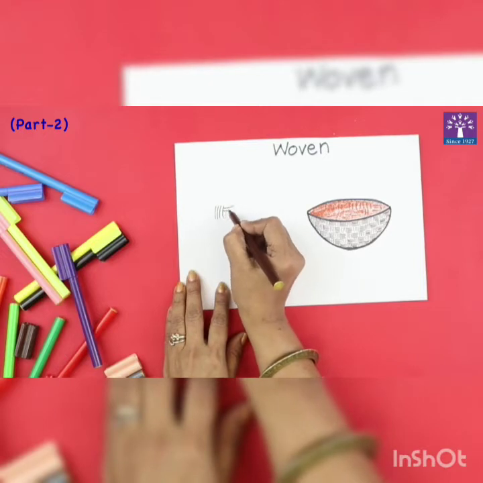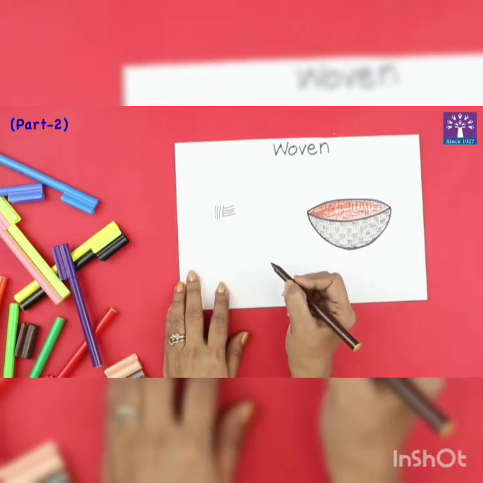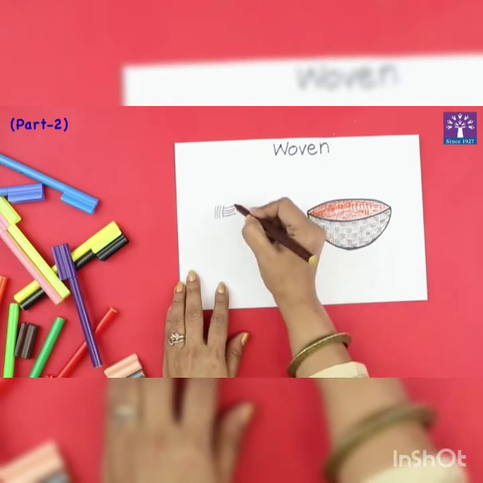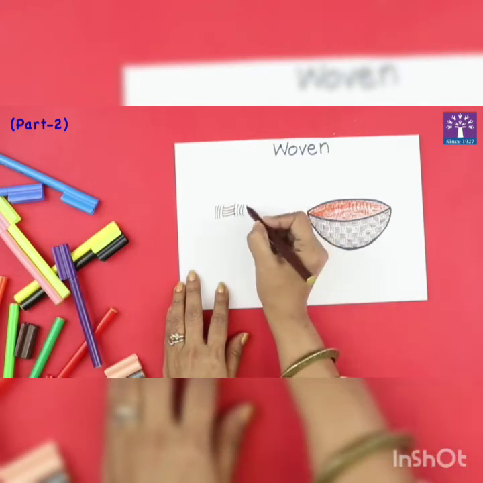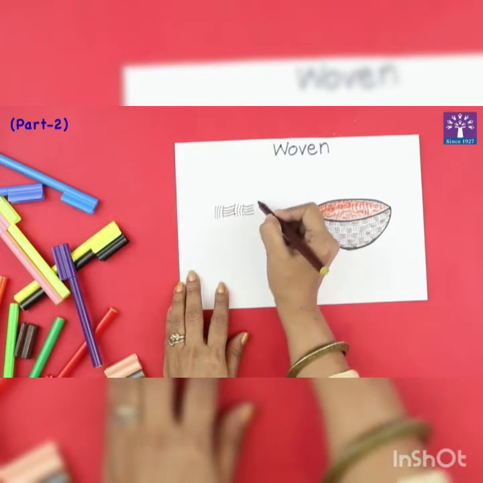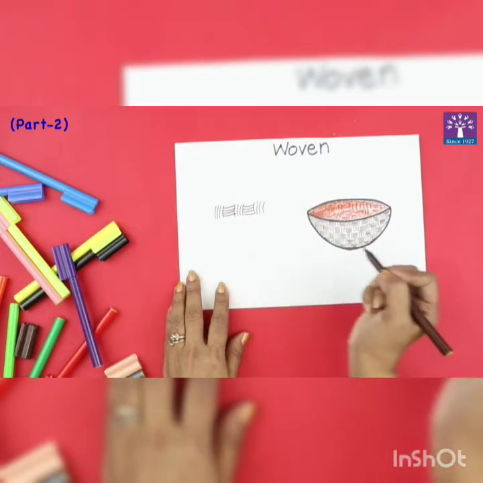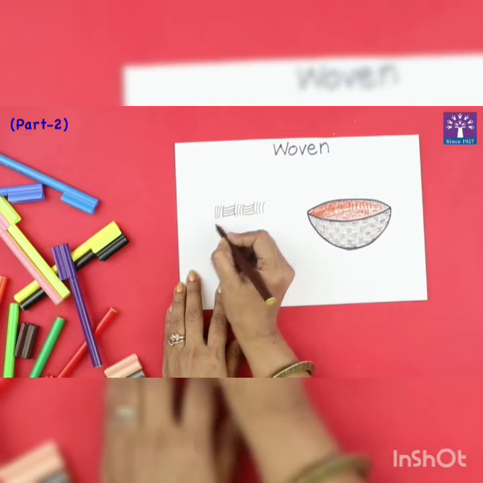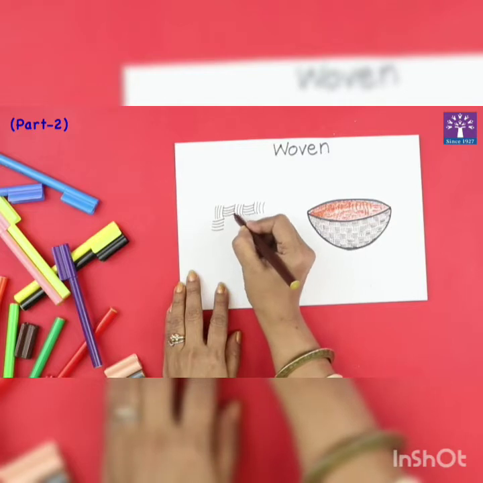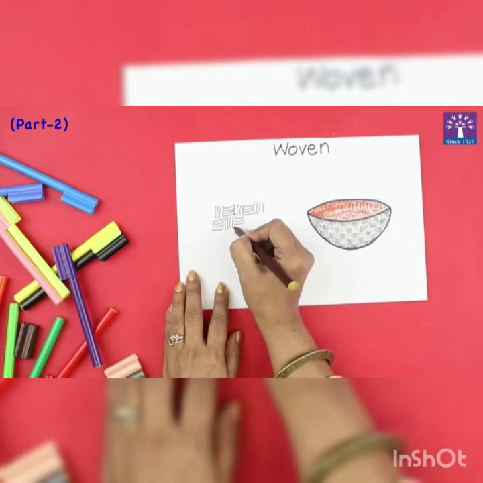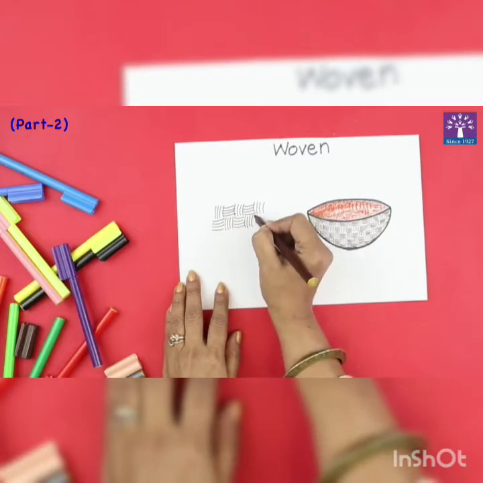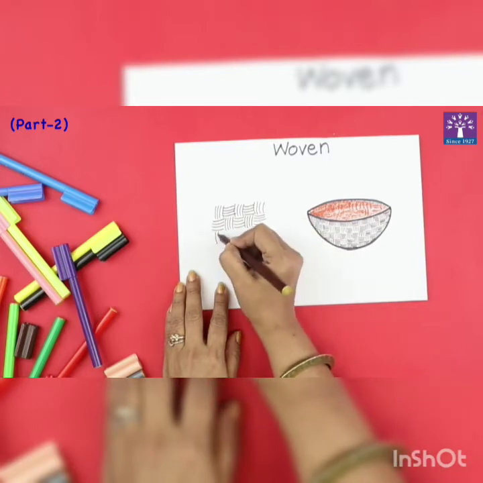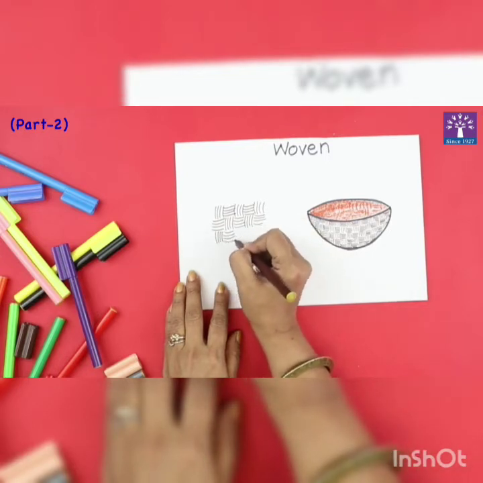After that, 4 sleeping or horizontal. Again vertical, horizontal, vertical. So you have to continue in this pattern. Below this, where there is vertical, you will start with horizontal, and below the horizontal you will do vertical texture. So this is now giving you a woven effect or a woven texture.